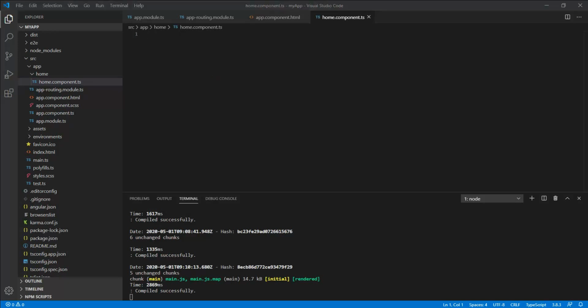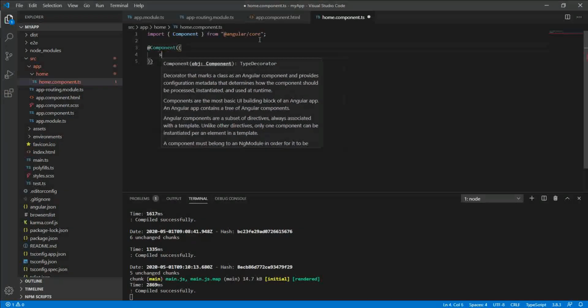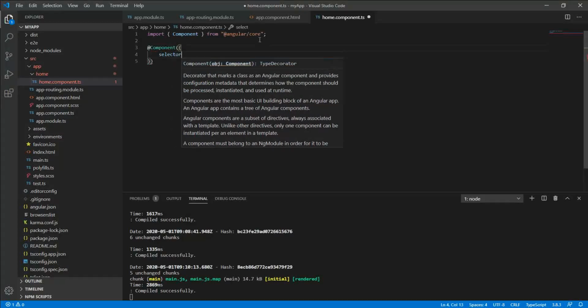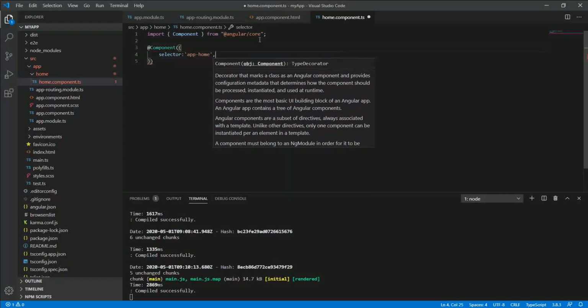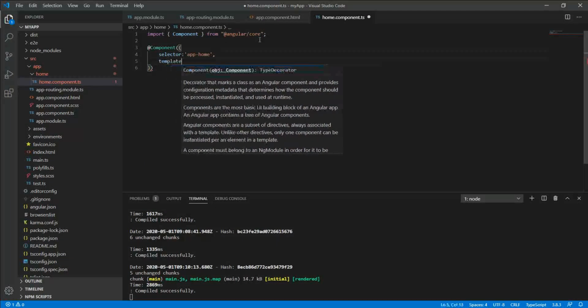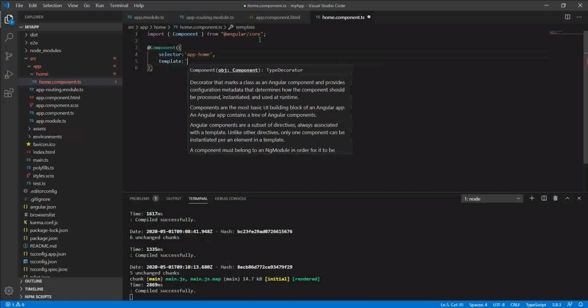Okay, component. Selector, we need to define the name, so that should be app-home. Then second, template. We have two options, template URL, or we can create it directly, so we can do that, like just use this.